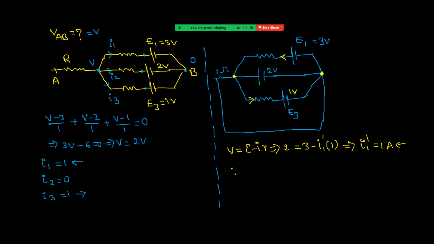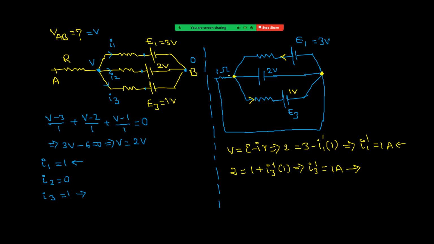Then I can write 2 equal to 1 plus IR. Take this as I3 dash. I3 dash into 1. That implies I3 dash is equal to 2 minus 1. That is 1 ampere. Direction is right side. Okay. Next,